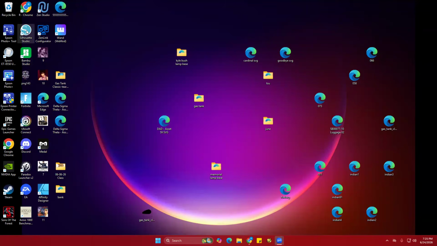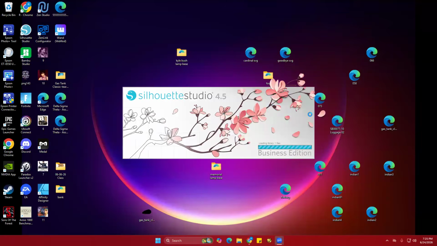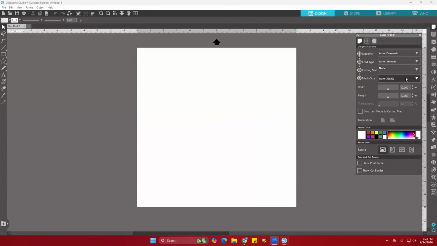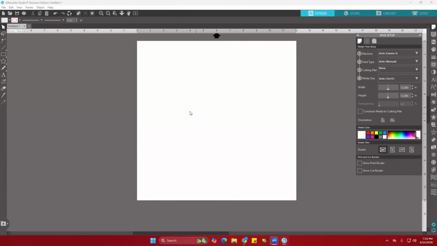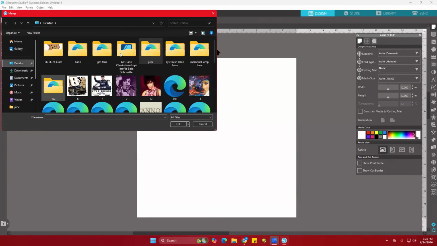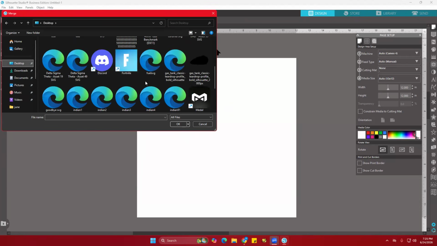All right, so now let's go ahead and open up Silhouette. I always come over here on the right-hand panel and click on my page setup, because I want to make sure it's on the correct page size. Sometimes our eyes will mislead us and we won't be in the correct page size. So we're going to click on File, click on Merge, and bring in